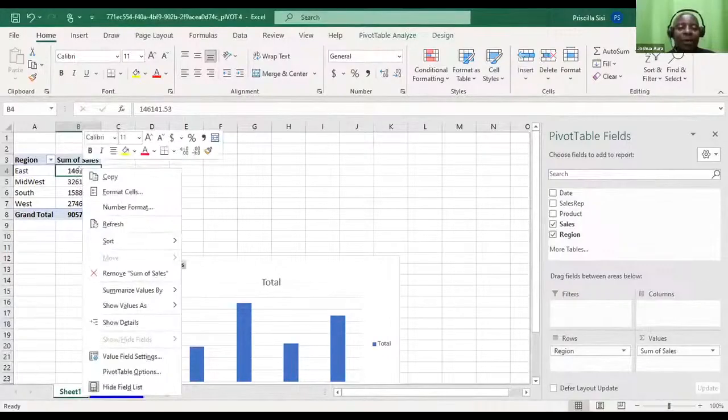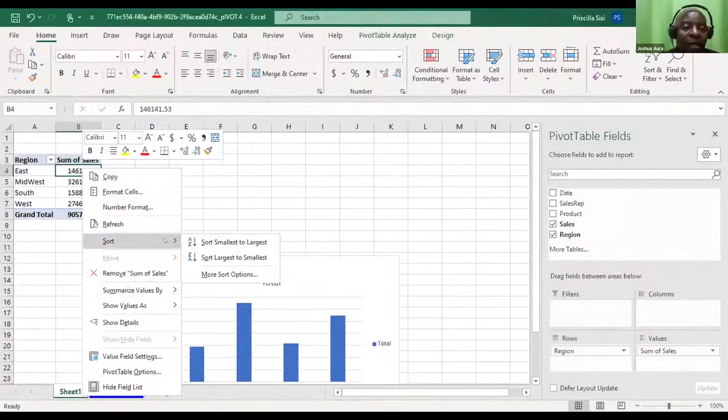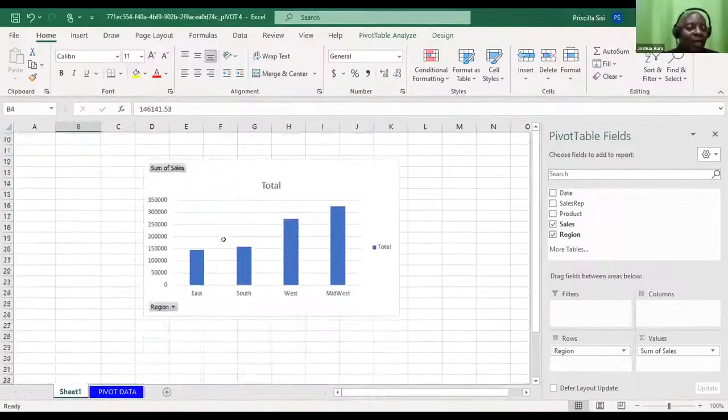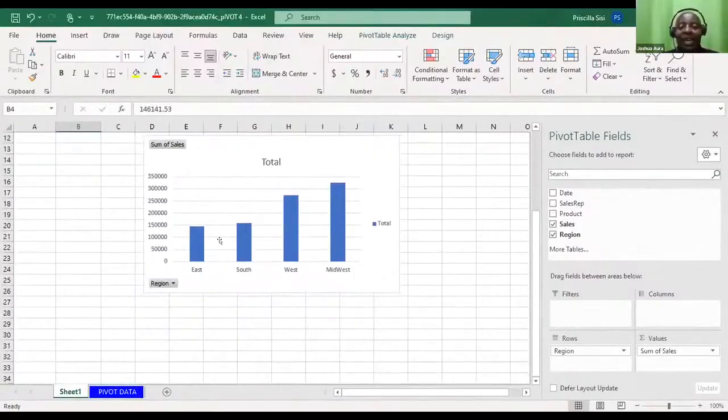I hope you're able to see the right click. And then there is a sort. Great. Smallest to largest. Now you're able to see that. Okay, I have seen why many have started to see it. So that is very good for me.